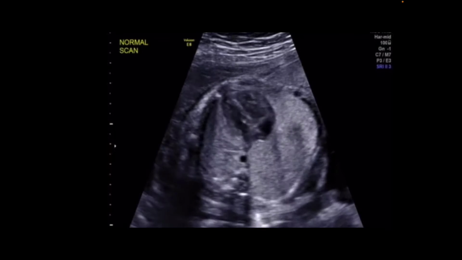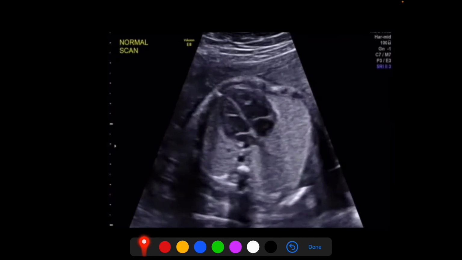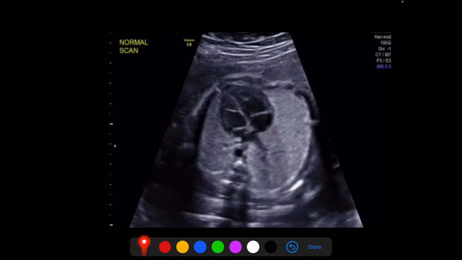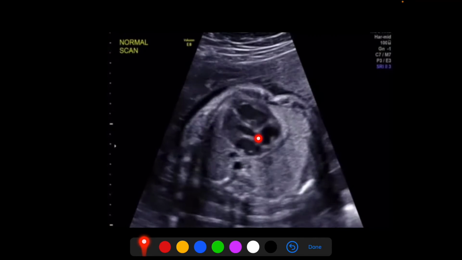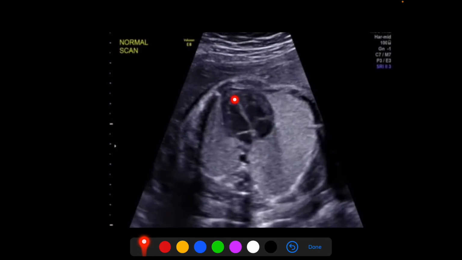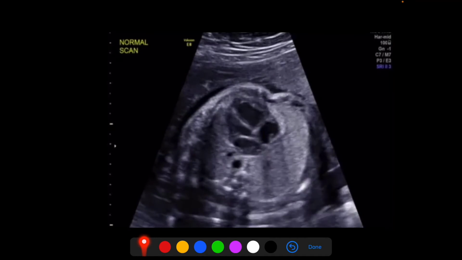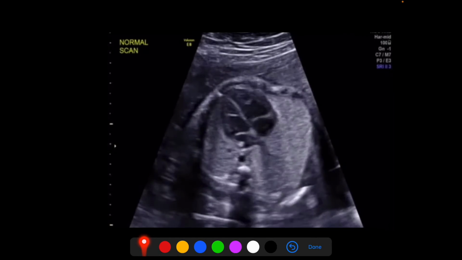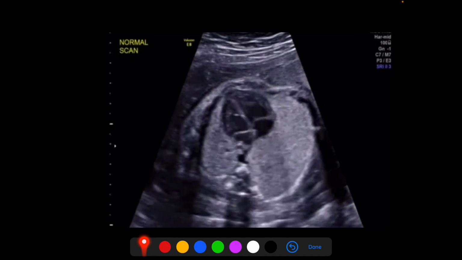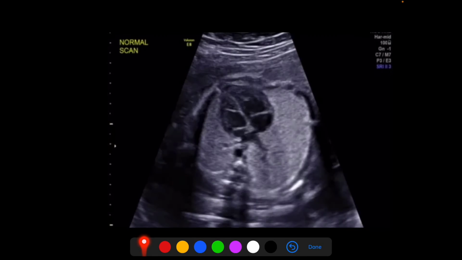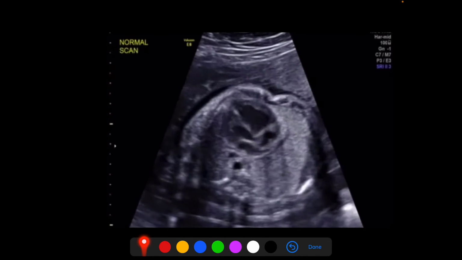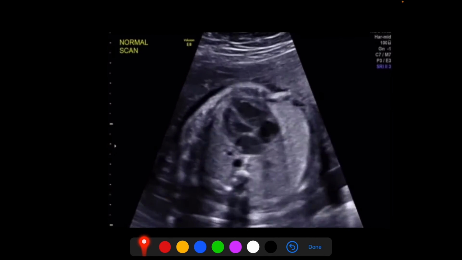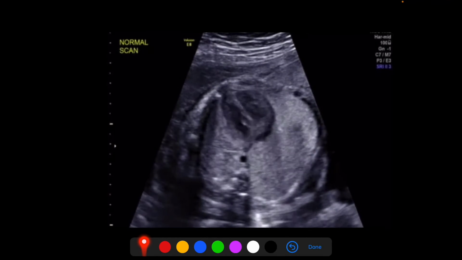As you see in this video, you can see the normal 4-chamber view with the ventricular septum and atrial septum. Here the lower 2/3 part of the ventricular septum is muscular septum, and the upper 1/3, lying adjacent to the AV valves, is membranous septum. And in the atrial septum, you can see the foramen ovale flap pointing towards the left atrium.